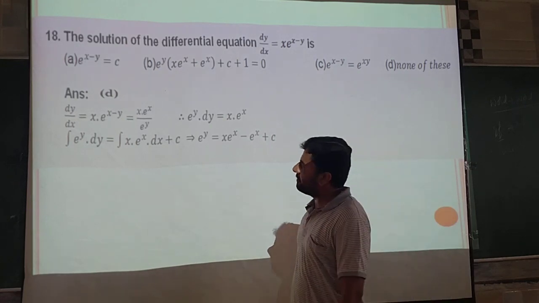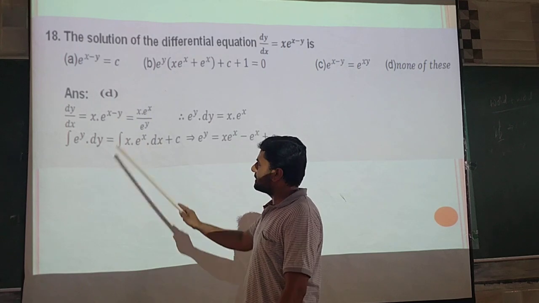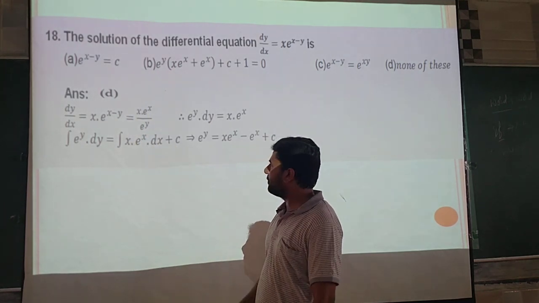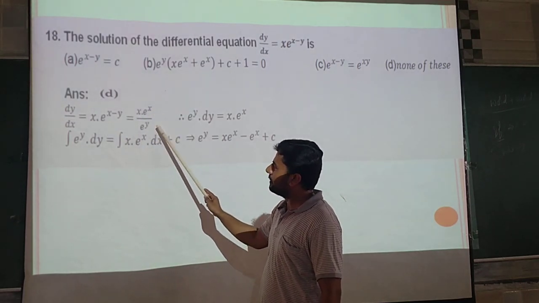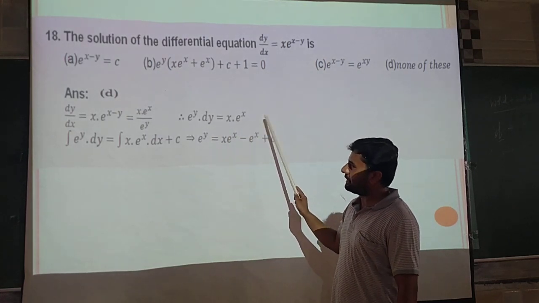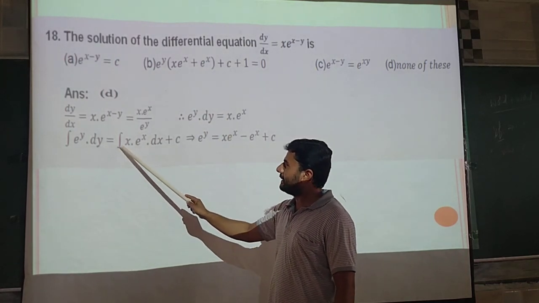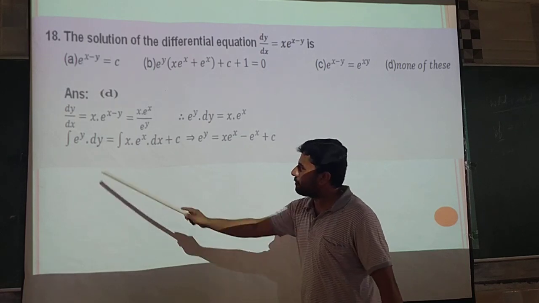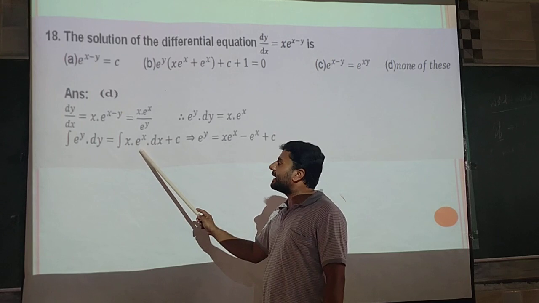The given differential equation is dy by dx is equal to x into e power x minus y. Here, applying the laws of indices, e power x into e power minus y, e power minus y comes to the denominator and becomes positive. So dy by dx is equal to x into e power x into dy. Variables are separated: e power y into dy is equal to x into e power x into dx. Then applying integration on both sides, integrate e power y into dy is equal to integrate x into e power x into dx plus c. This implies e power y, integrate e power y as it is, is equal to, which is integration by parts.